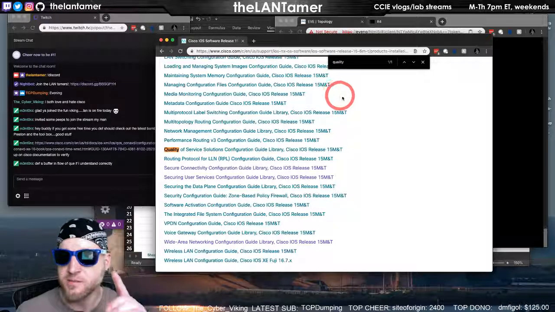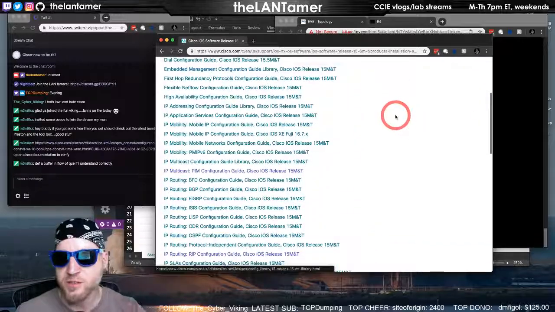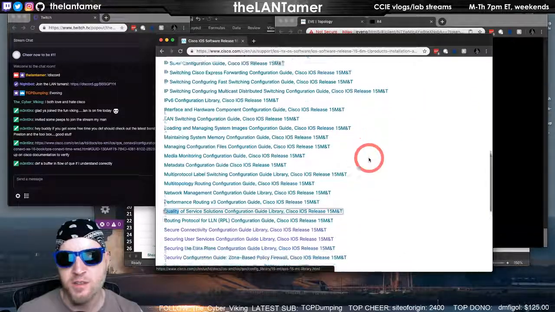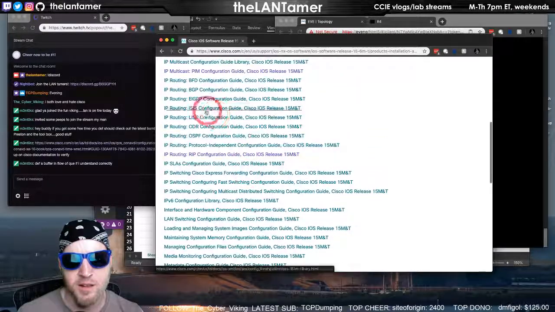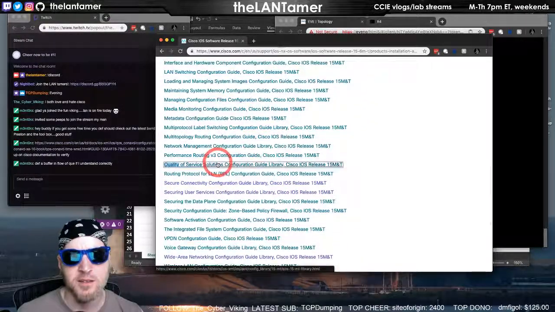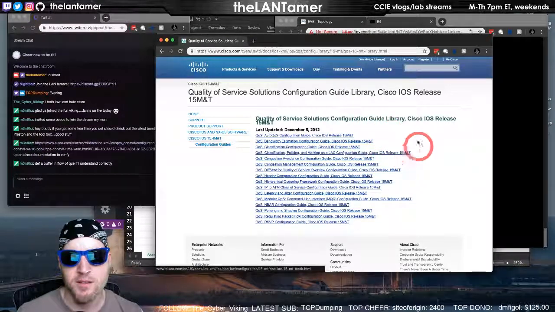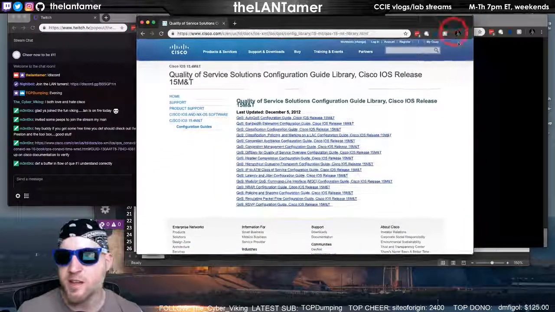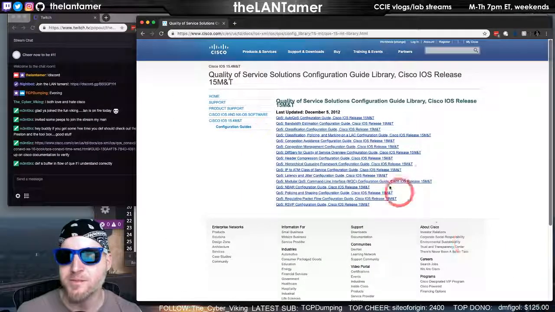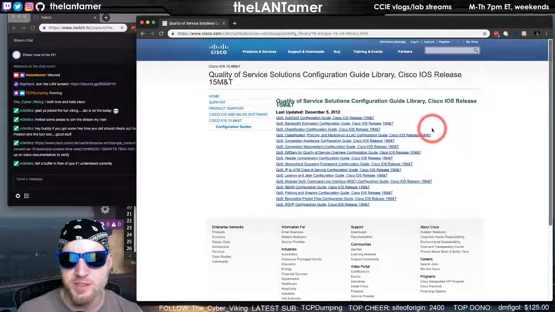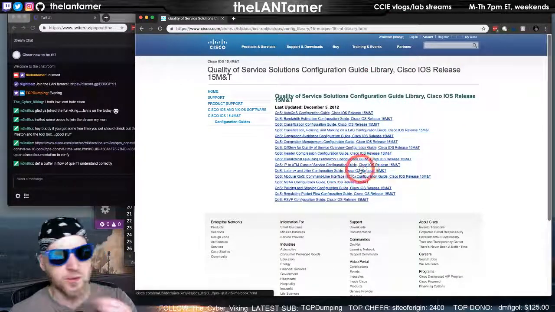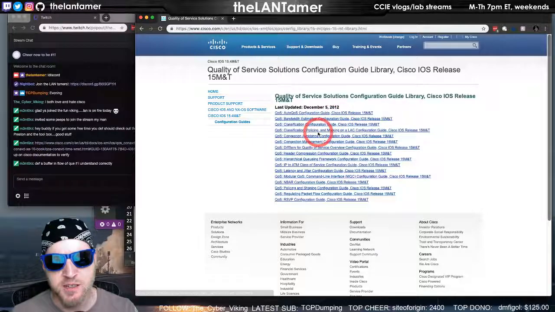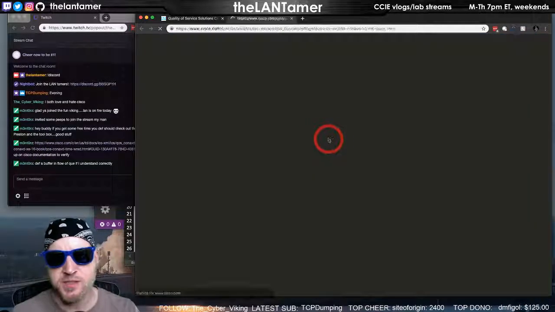An intelligent way to approach it: you go into all the config guides, search for QoS or other acronyms. Oh, no. We're not going to be consistent here. Look for quality of service. Spell it out. I get a little frustrated with these annoying inconsistencies anytime I have to reference the Cisco documentation. QoS, congestion avoidance.